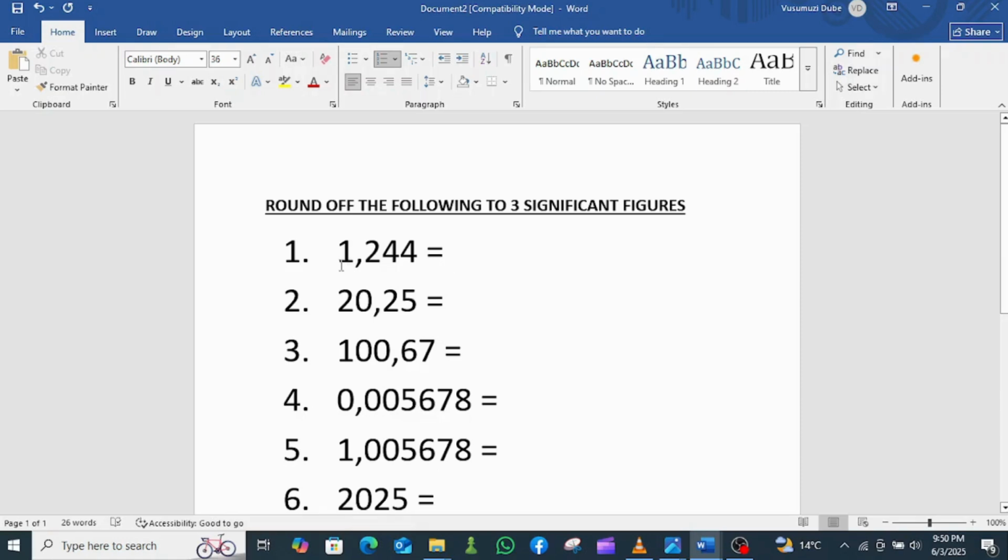Now for you to round off numbers to 3 significant figures, you have to count from the first digit 3 times to your right. If the fourth number is less than 5, you don't add anything to the number you counted third, but if the fourth number is 5 or greater than 5, you add 1 to the third number you counted. Let's look at